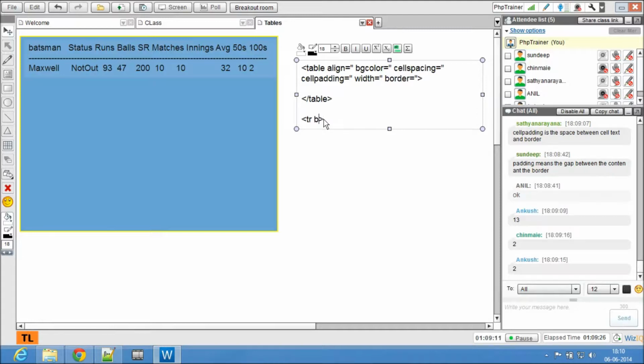These attributes are align, BG color, V align this time, and there is an align too. Now again, guys, I don't need the BG color and align, but tell me what is V align.